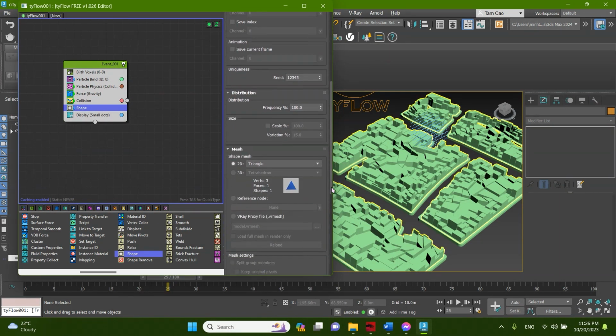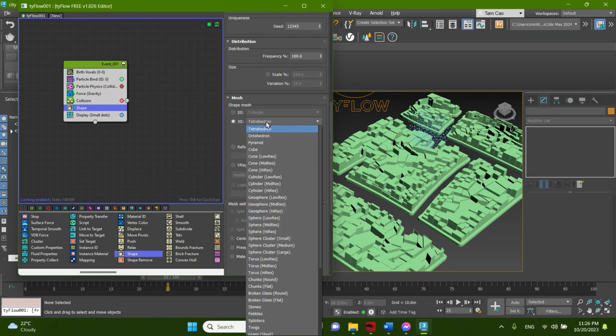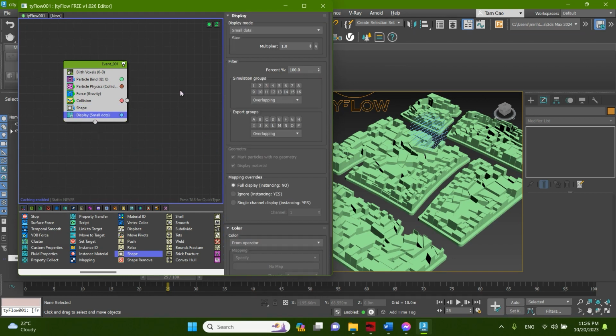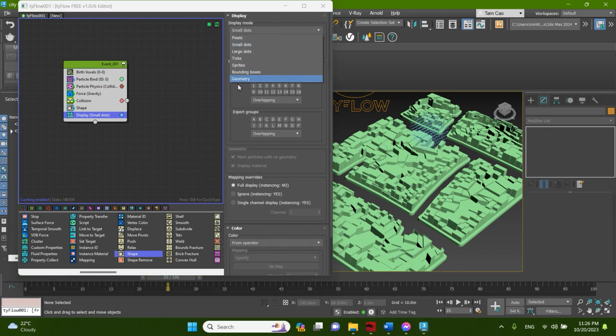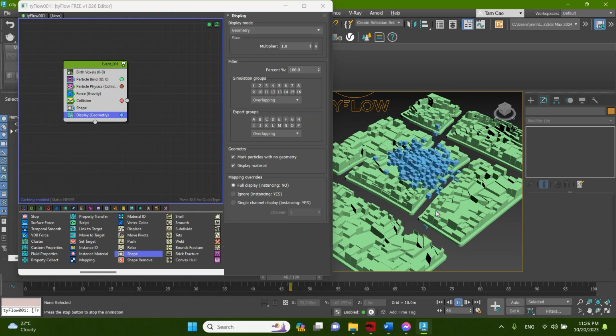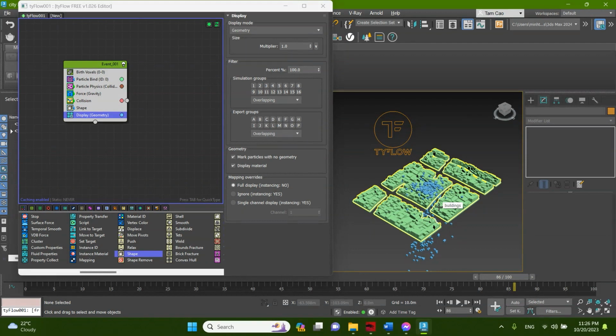I'm going to change from 2D into 3D, and this will be cube, and on the display panel I'm going to change this to geometry. Okay, so can try again. So now it's colliding with the face,